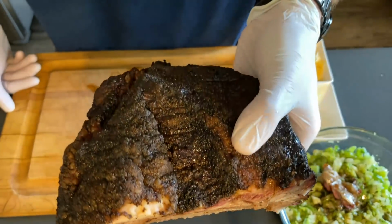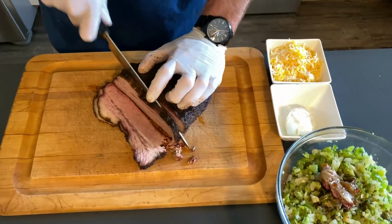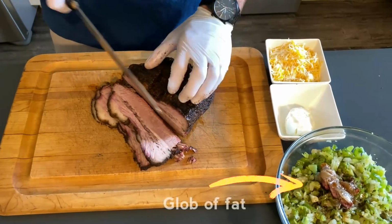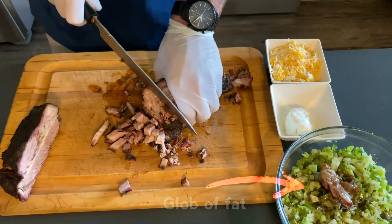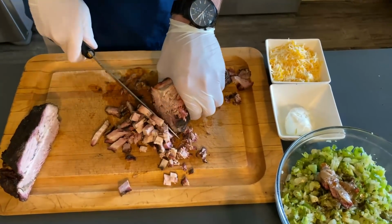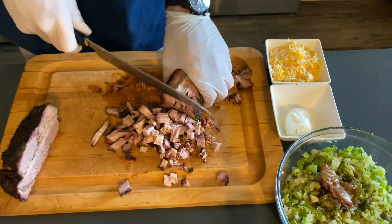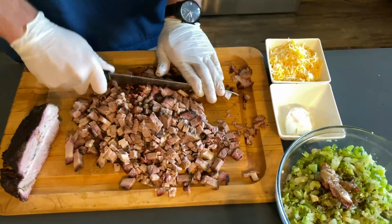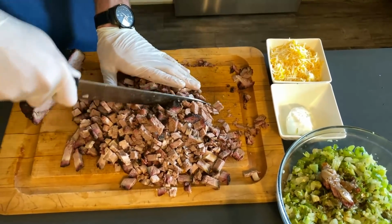Alright, so go ahead, get that hard work out of the refrigerator that's been resting in there for the last few hours. As you can see, I took a nice little glob of the rendered fat from the storing container in the bottom right hand corner. I have that added to the vegetables to really help add some extra flavor depth, really keep everything nice and moist. And then we're gonna cut everything into just about dime-sized pieces, because keep in mind, when you're mixing in the brisket with the